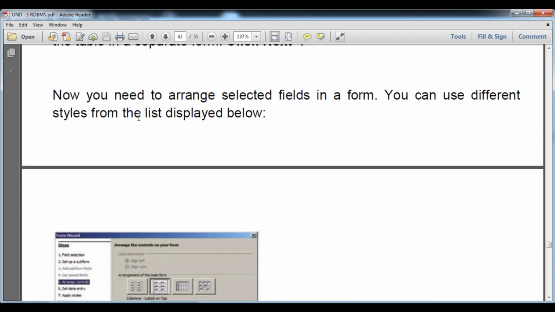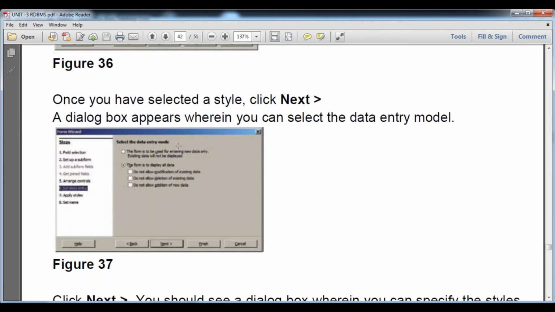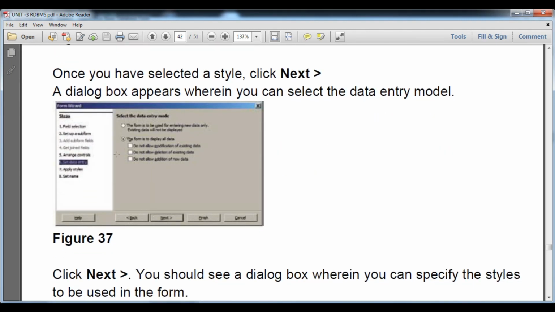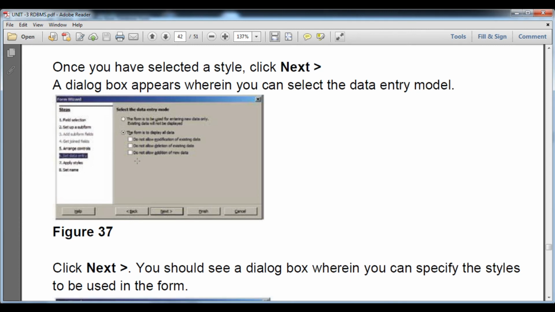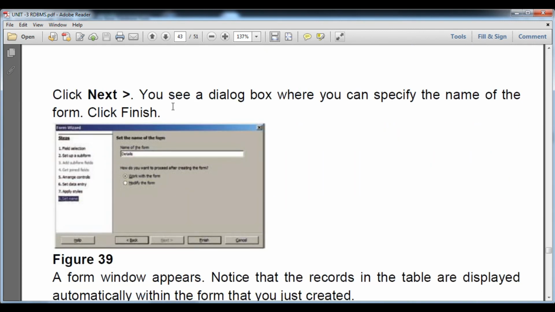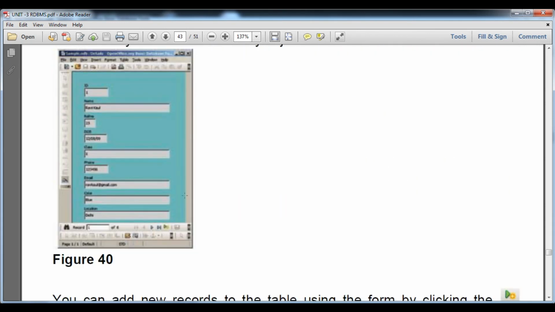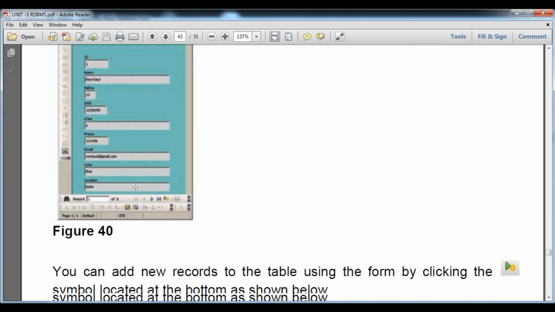We are going to create only a single particular table report. So after that you can show the arrangement of controls, and then you can see whether you want to apply for all operations or not, and then press the next button. Then overall you can see the style, light gray, blue, orange, and at last it will ask you to give the name, and then after that press the next button. You can see this form will be created.